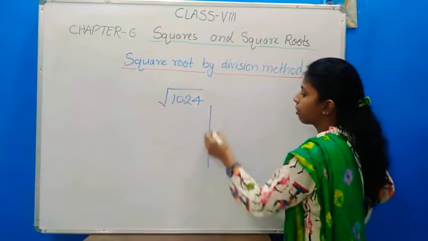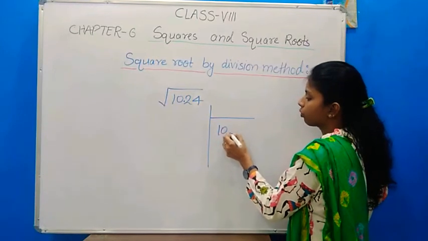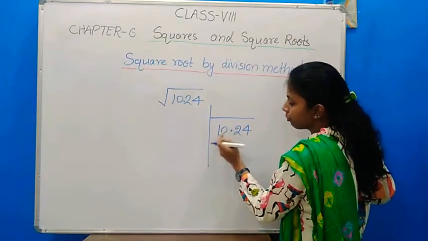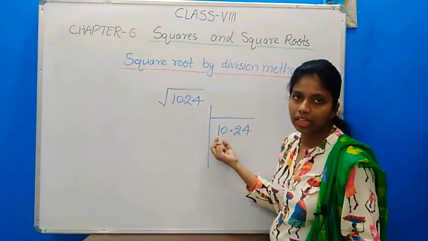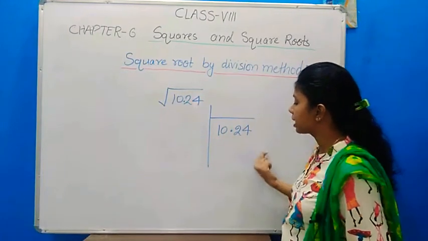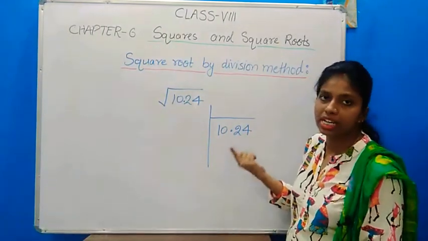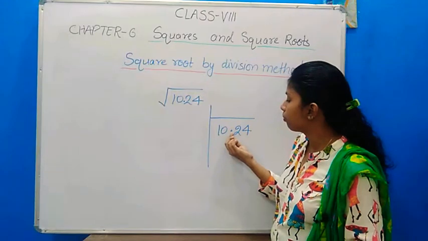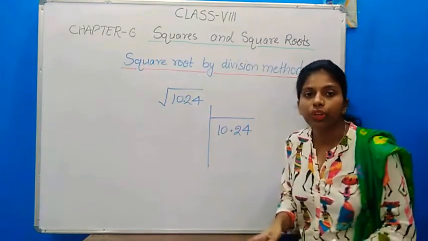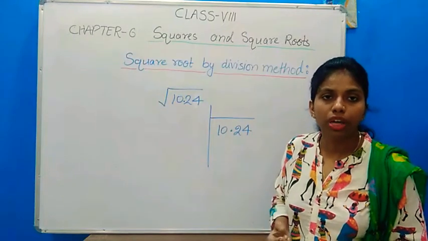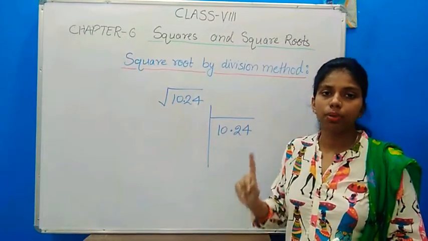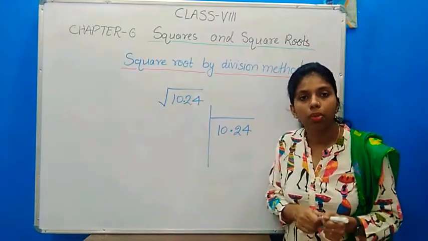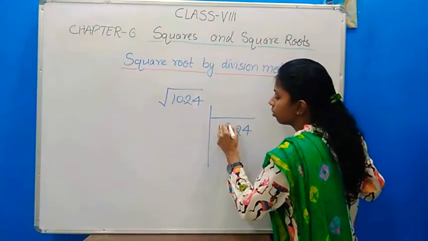In decimal numbers we have two parts. One is the integral part and the other is the decimal part. Before the decimal point is the integral part, like 10 is an integral part, and after the decimal point it is 2 and 4, which is the decimal part. So we are going to do the pairing from the integral part in the same way. We are going to put a bar over each pair of numbers, starting from the ones place. Here the ones place is 0, so we are going to put a bar over this. So we can put the bar like this.